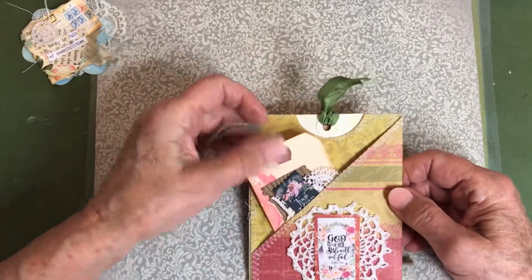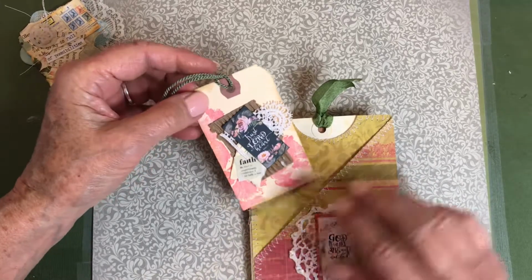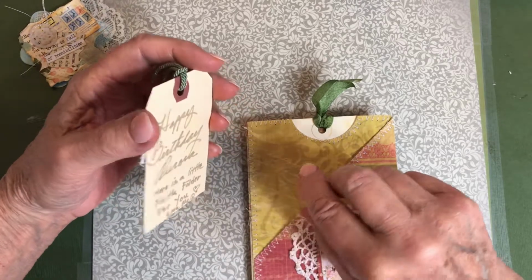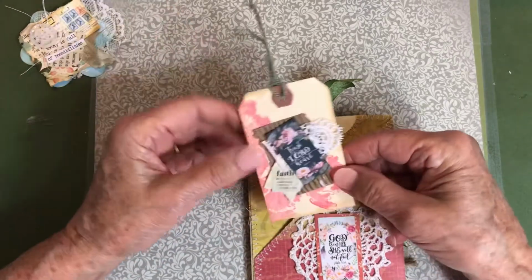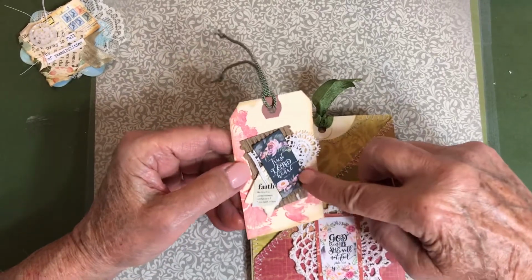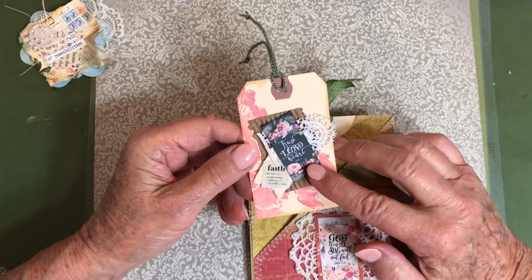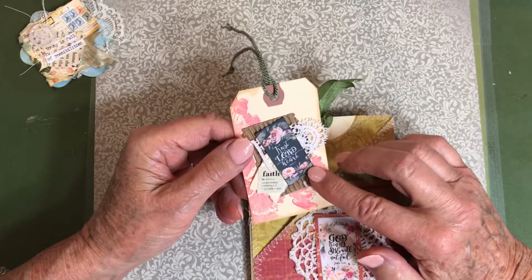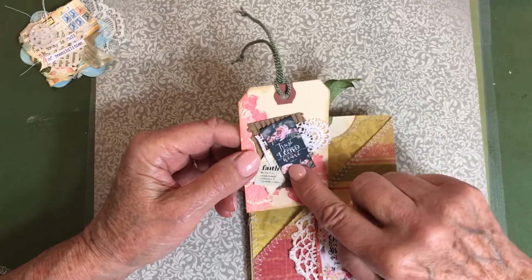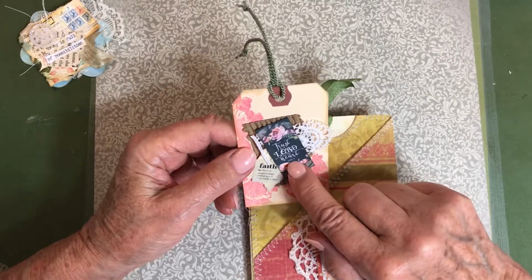So this little fold here, or little opening, little pocket, I put this tag and I wrote happy birthday to her. It's a little Faith folder for you. Love, Grandma. And this one has one of many of these little posters that I found, I think either on Etsy, perhaps Pinterest in the printables. I wish I could tell you where, but it's so sweet, and they're little scriptures, and then they give you the reference. I printed this so small you can hardly tell that says